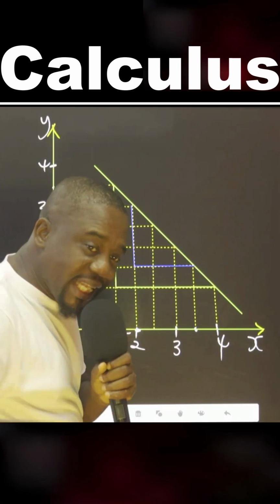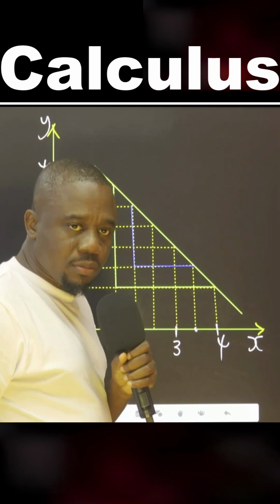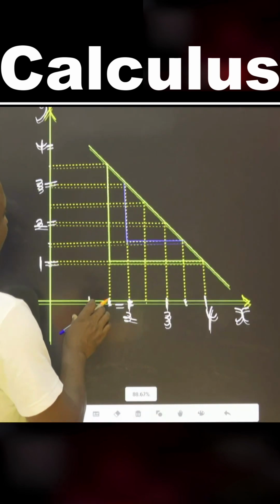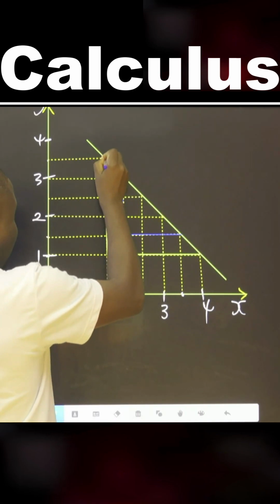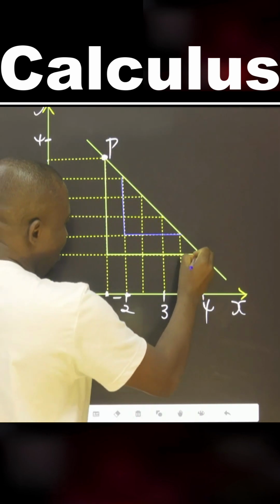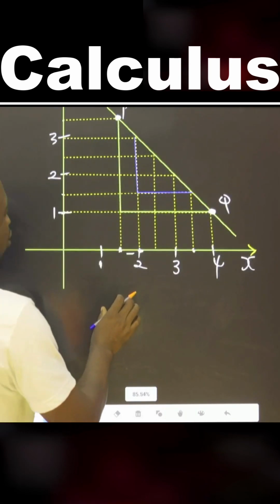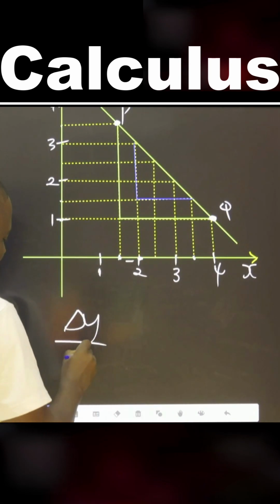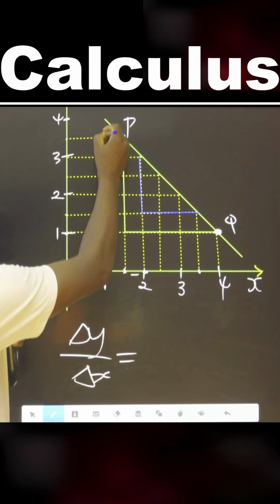This gradient I want to calculate now is for a descending slope. Okay? Now, we are going to start, say we calculate it from here. That is, this is our point P. This is our point Q. Okay? And you agree with me it is change in y over change in x equals to,